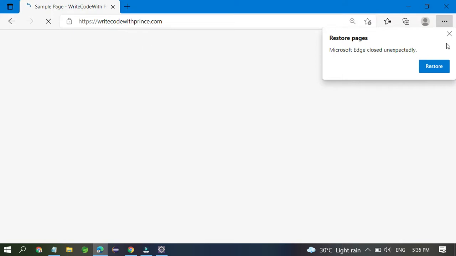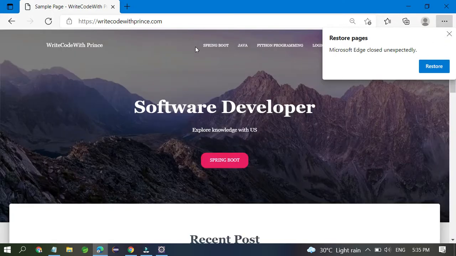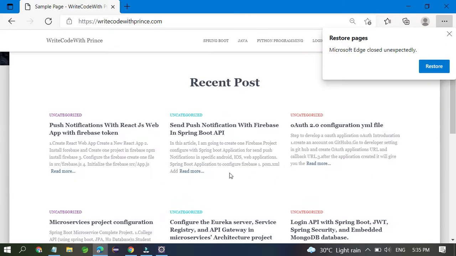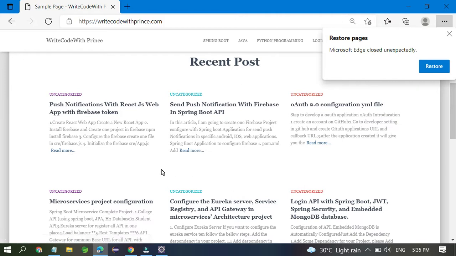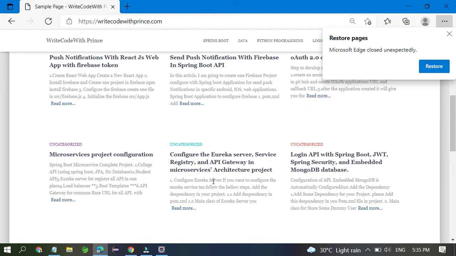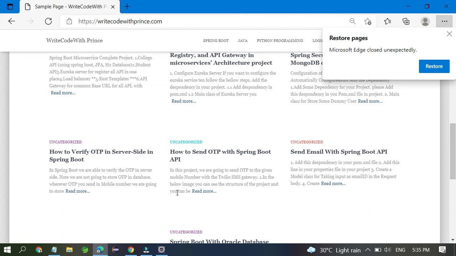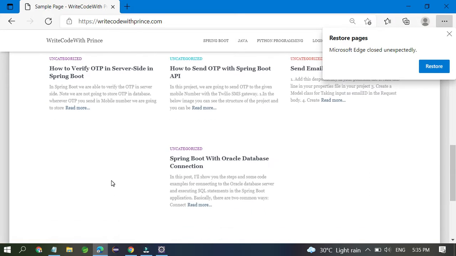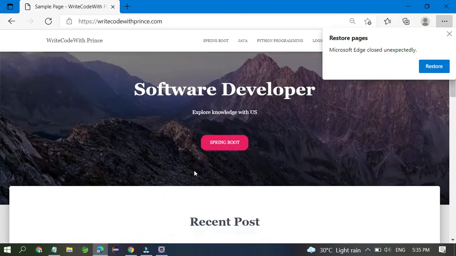Here you can see I have written about OAuth, configuration of Eureka server, send OTP verification, Spring Boot with Oracle database connections. Okay, so these are the things I have covered.